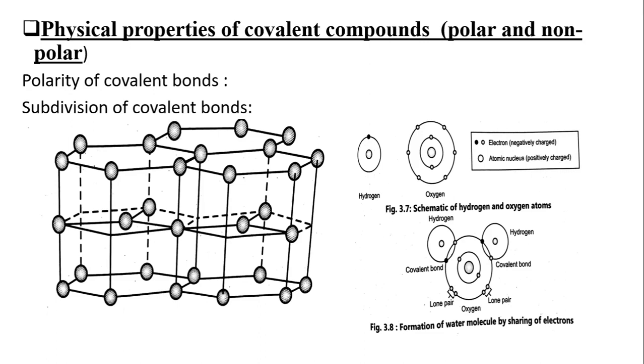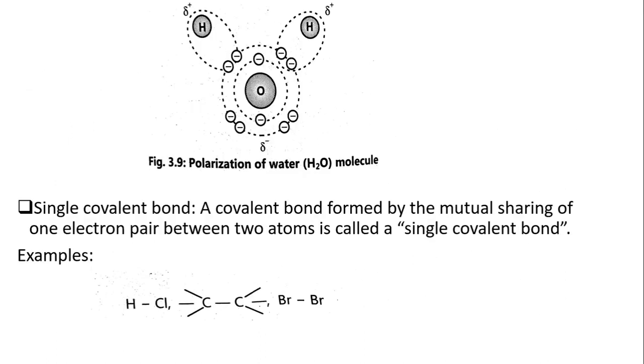Water H2O is made up of 2 hydrogen atoms covalently bonded to an oxygen atom. While this bonding involves the sharing of electrons, they are not shared equally. The oxygen atom having more protons attracts the electrons more strongly. That is, the oxygen has a higher electronegativity. Thus, the oxygen atom becomes slightly negative and the hydrogen atoms become slightly positive. Shown in this figure here. Polarization of water, H2O molecule, having resultant dipole moment.